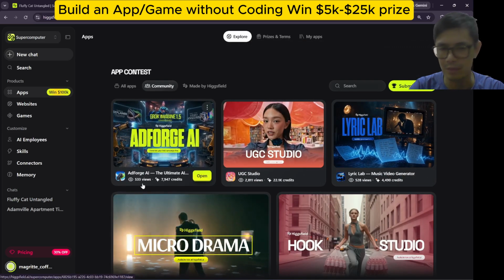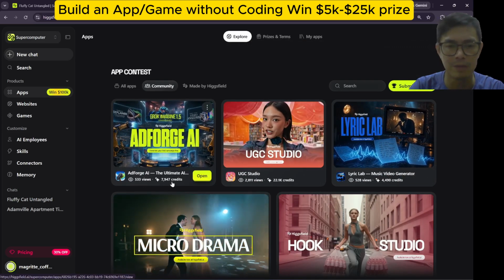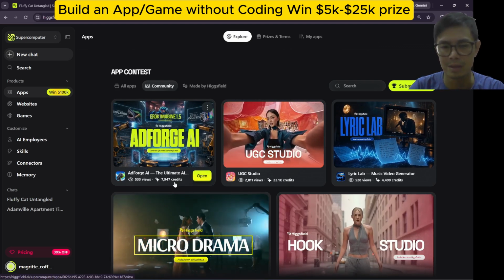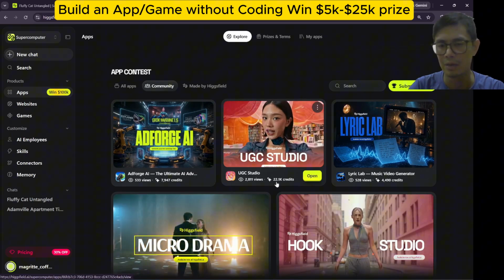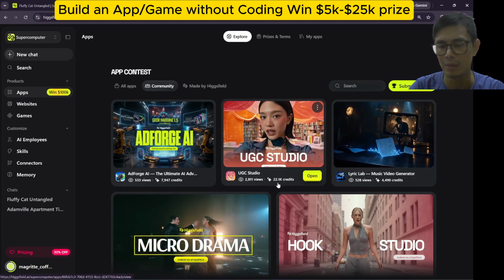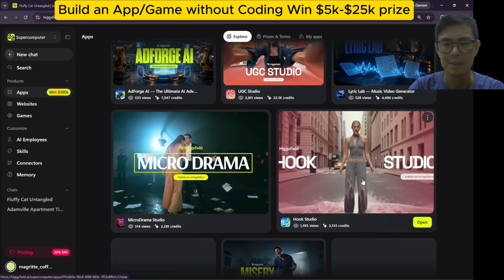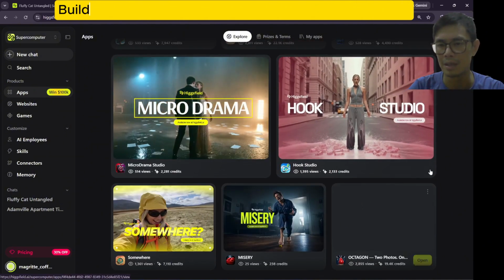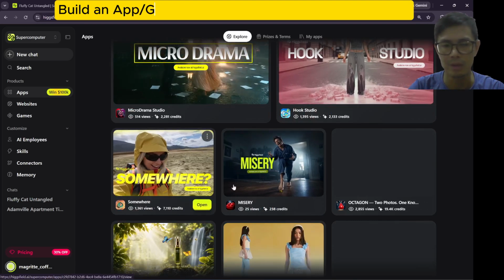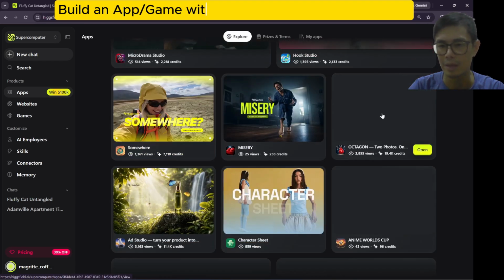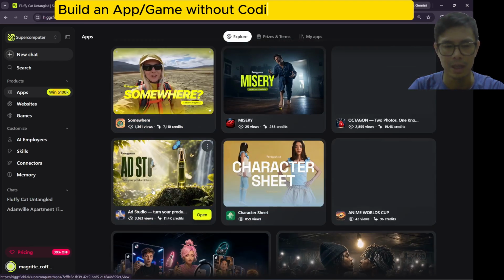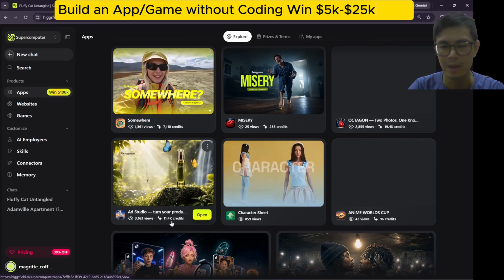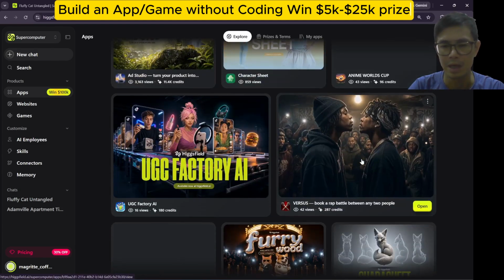As you can see, there are views right here, 533 views, and people spent 7,947 credits. On the UGC, they've spent about 22.1K credits already. And there's micro drama, Hook Studio, Somewhere, Misery, Octagon, Character Sheet, Ad Studio. Ad Studio, a lot of people are using, 11.4K credits.